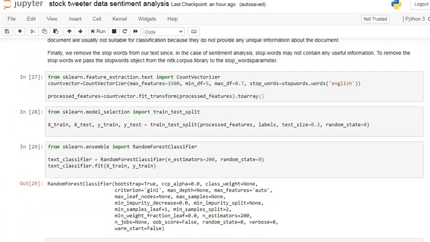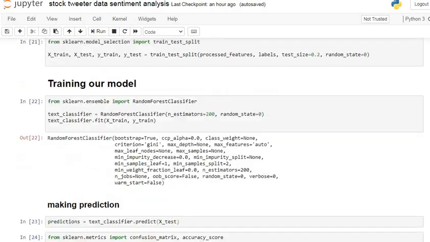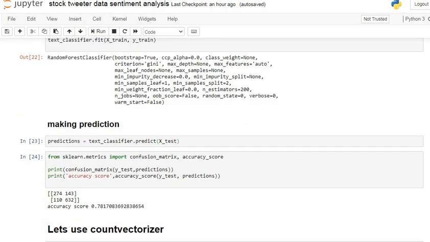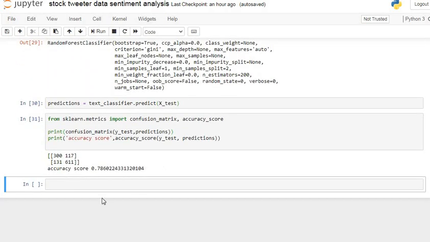Here we use two different methods of converting our text data to numeric data and try to see the accuracy of the sentiment analysis. The first model using TF-IDF vectorizer gives us accuracy of about 78%, and again we use count vectorizer, and it gives us accuracy of 78% again.